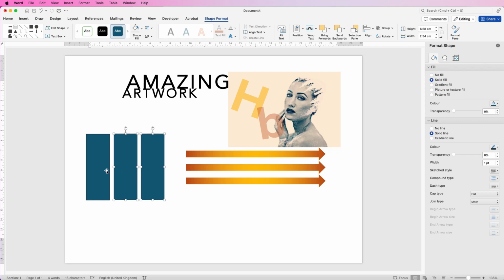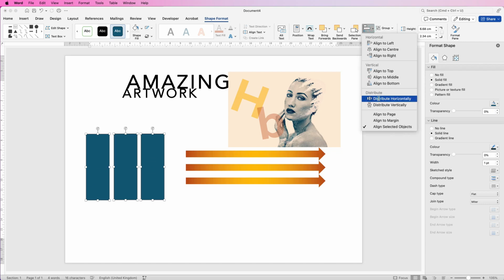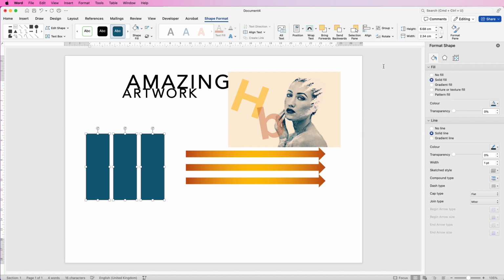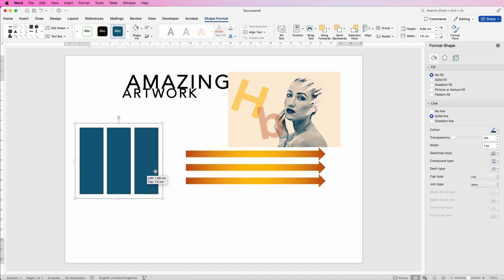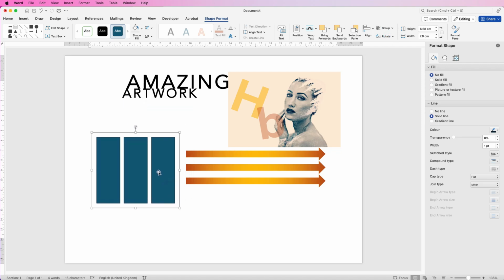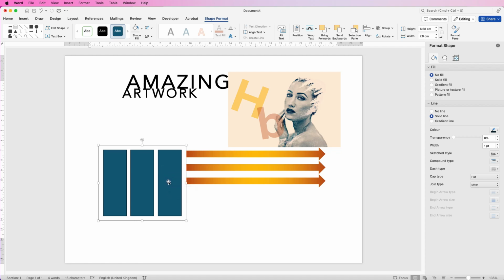Now I'm going to select them all by holding down the Command or Control key, which will allow you to select multiple elements. Go to Align, distribute horizontally, align to the top, and then we're going to group these together, and this is all now one group. Now make sure that this group is exactly the size you want,